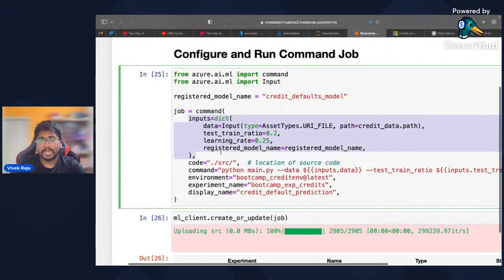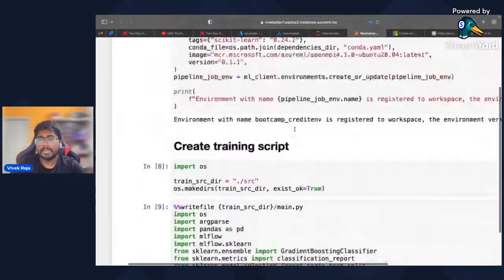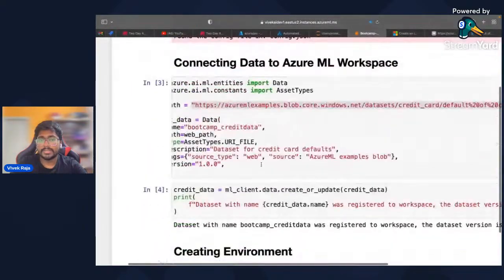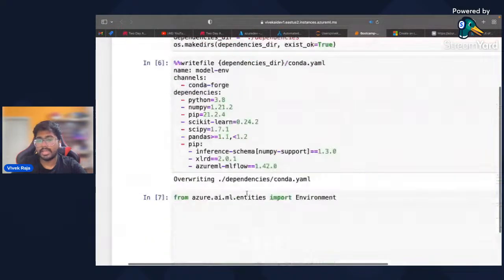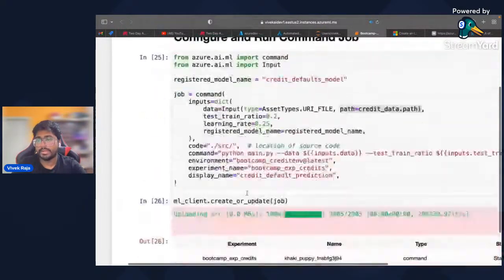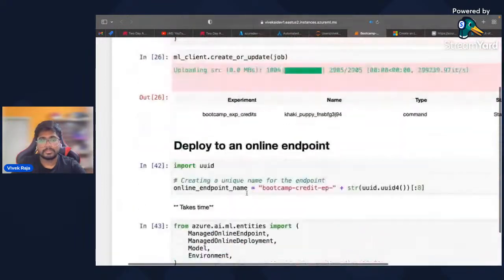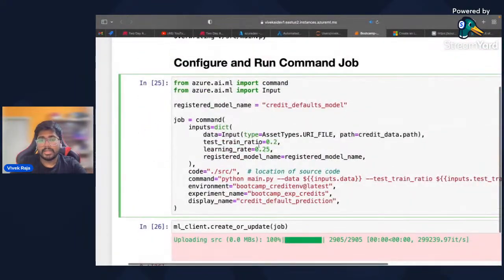So what are the inputs it has? The input is data, the data's input is a URI, and the path is the credit data path. The credit data path is what we created and registered over here, right? We had a credit data, and dot path gives you the URI of that particular data. I'm going to pass the parameters of the input.